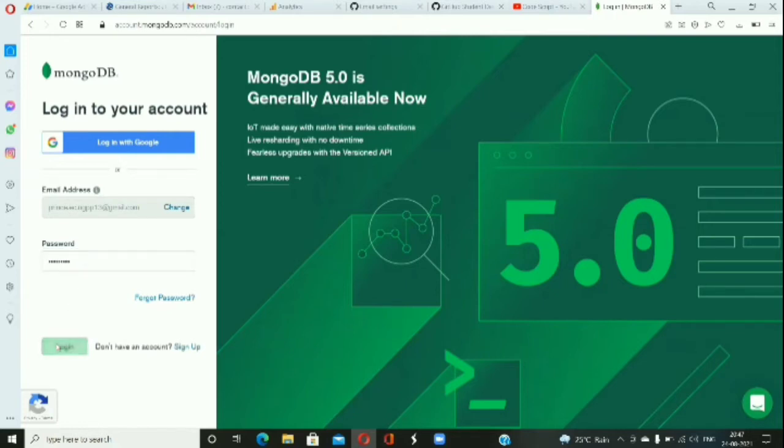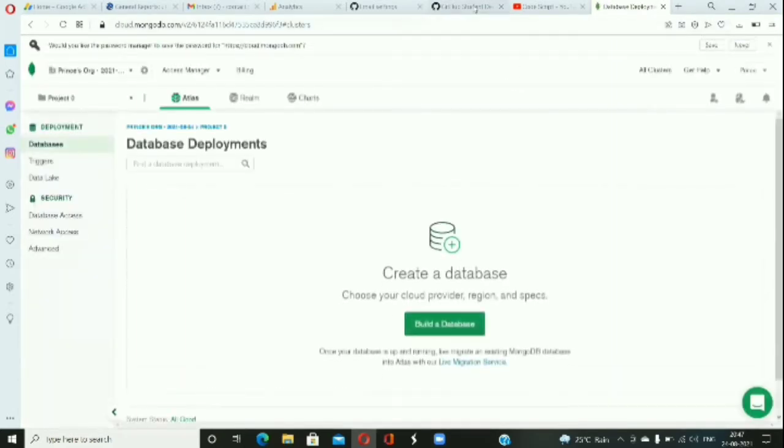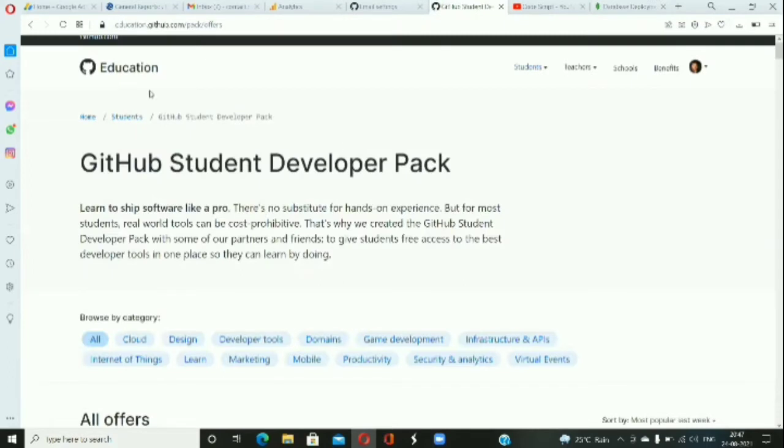Once you have logged in, just go to education.github.com, and you will get the section of benefits. Just click on the benefit.